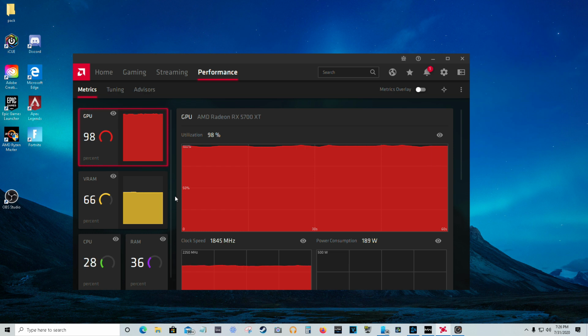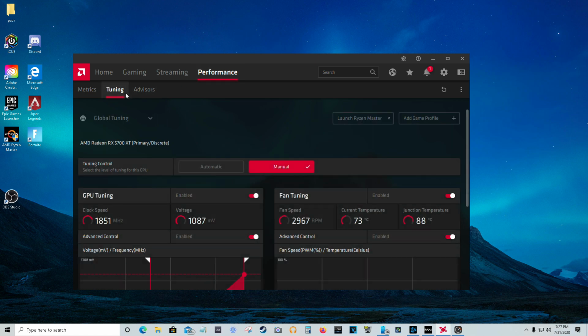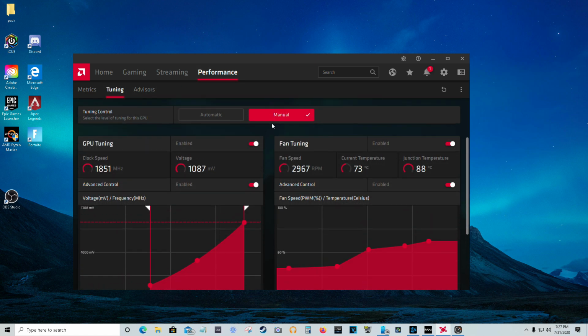I did notice in some games though that it will drop significantly, which would cause people to lose frames. And what I think is happening is it thinks it's full screen extended mode on some games. I think that will allow this card to throttle down to 800 megahertz during the game, which you don't want. So anyways, what I do here is just go to performance tuning, click this to manual, the tuning controls,